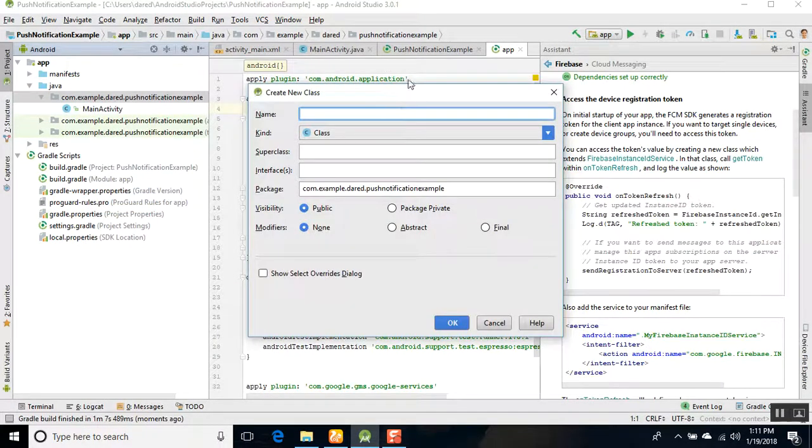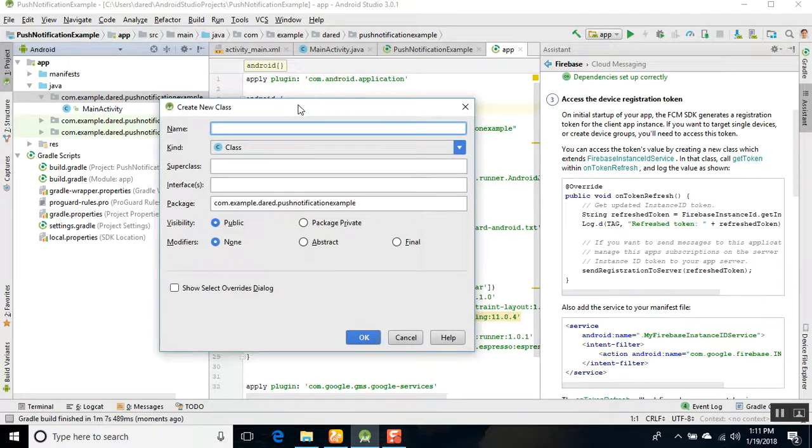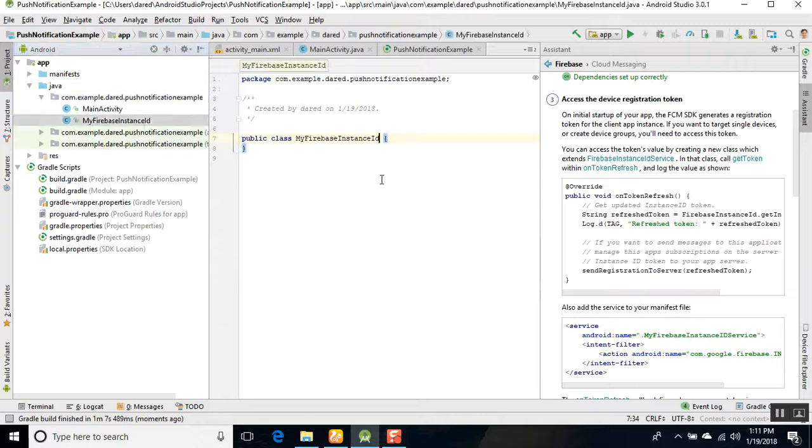Okay, now we will name this MyFirebaseInstanceID. Okay, now click OK. Then we will extend, as we know that extends means inheritance, extend this Java class to